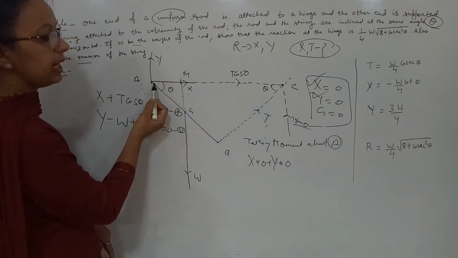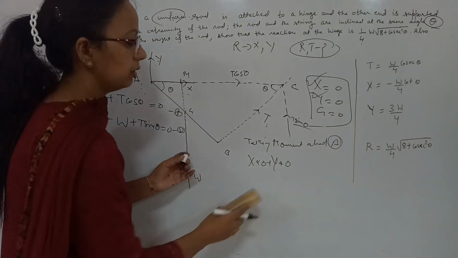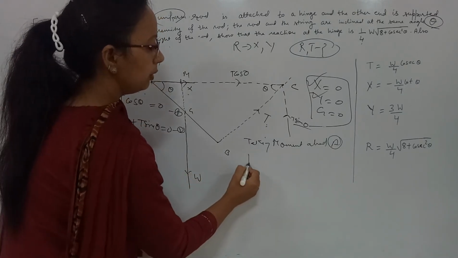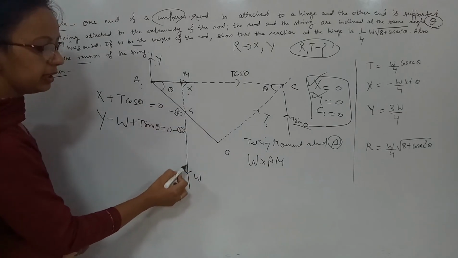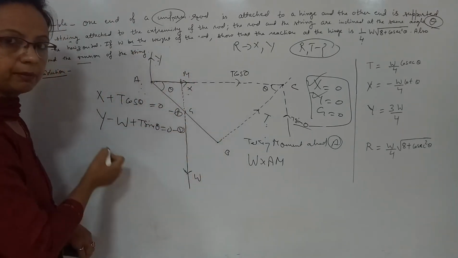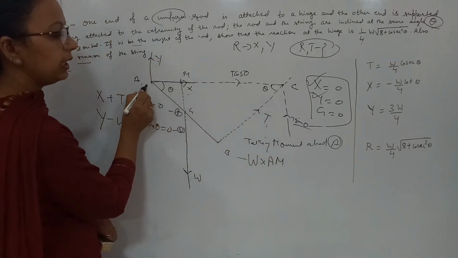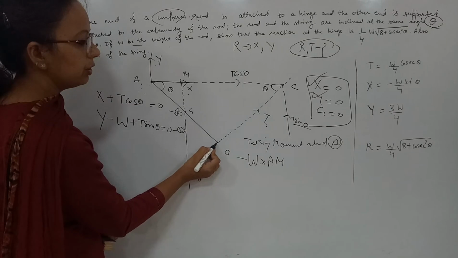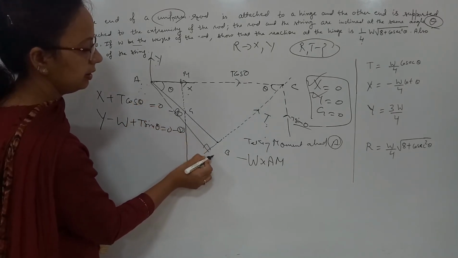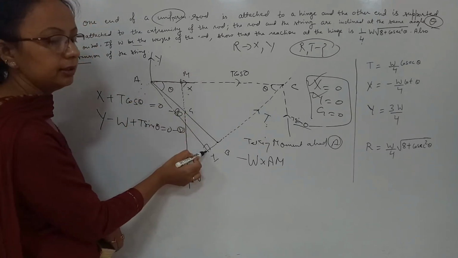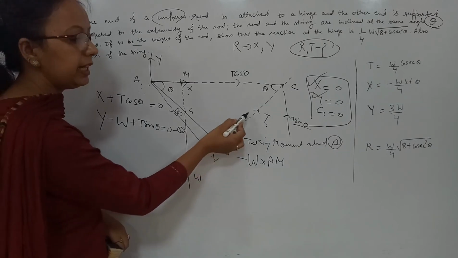So W का perpendicular distance from A is AM. तो W का moment W into AM. And since W is here in the downward direction, it will be clockwise, so it is negative. T का मोमेंट A के अबाउट लेने के लिए A से T के ऊपर परपेंडिकुलर ड्रॉ करेंगे. This one, AN. A से T का परपेंडिकुलर डिस्टेंस. So the moment will be T into AN.